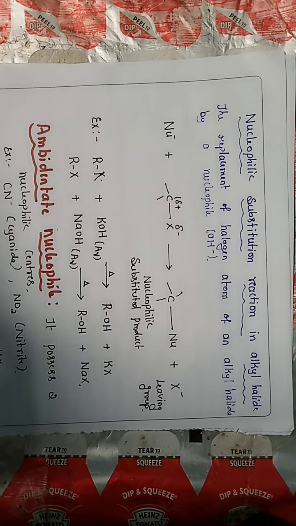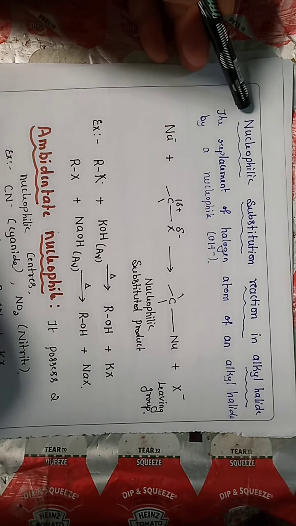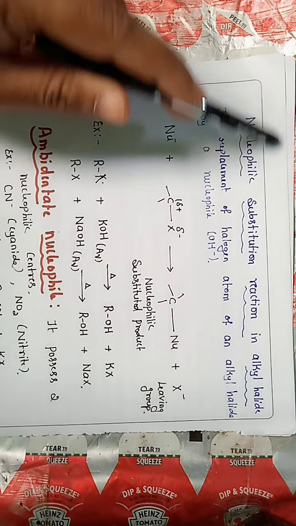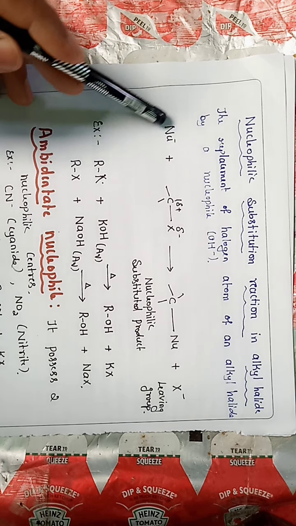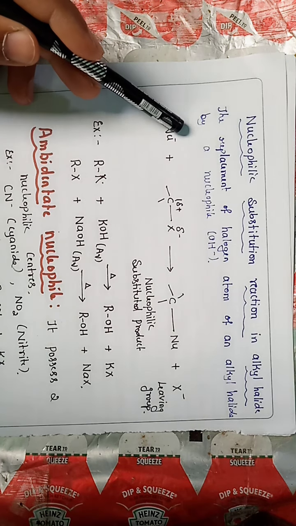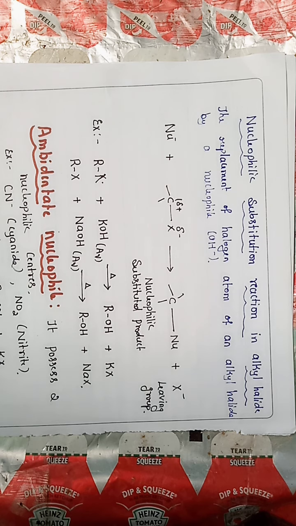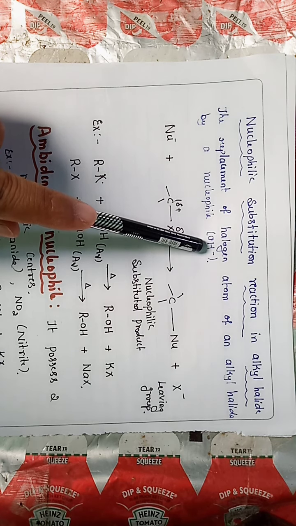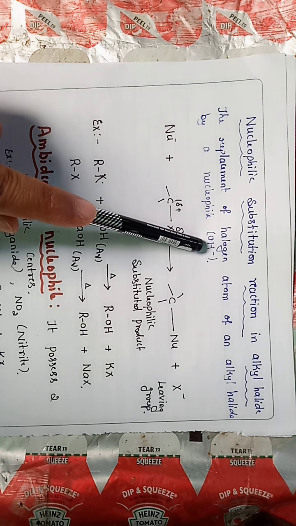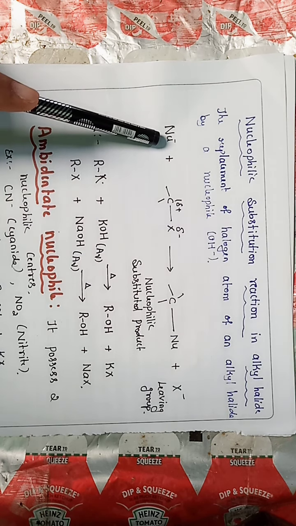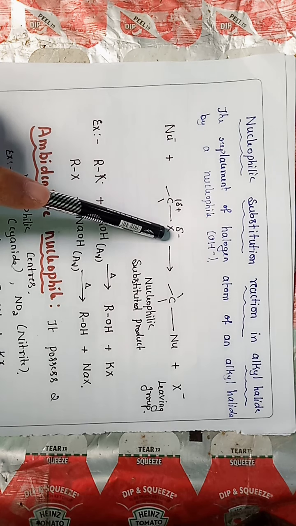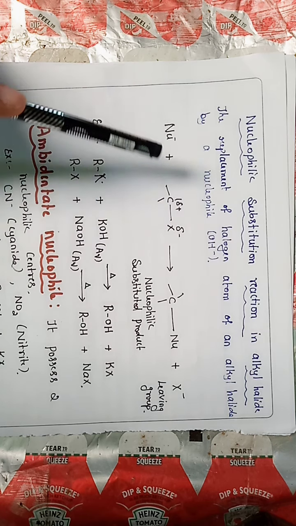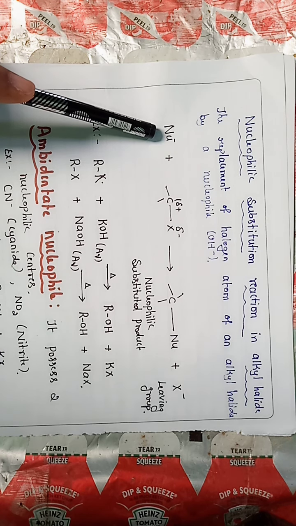Hello students, today we will talk about nucleophilic substitution reactions in alkyl halide. So first of all, nucleophile means nucleus loving species or electron rich species. For example, OH minus ions, hydroxyl ions, are nucleophiles. In a nucleophilic substitution reaction, there is a replacement of the halogen atom of alkyl halide by a nucleophile,